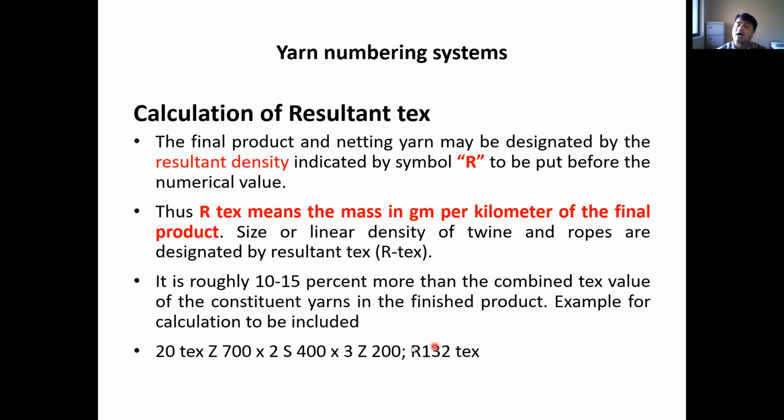So that's why it is R132 tex. R132 tex means 132 gram of what? R132 means what? 132 gram per 1000 meter of rope, yarn or rope. नहीं यार्न नहीं, यहाँ पे जो बन रहा है वही हम बोलेंगे। केबल निटिंग. गुड, ठीक है, करेक्ट। आई थिंक यू अंडरस्टूड।